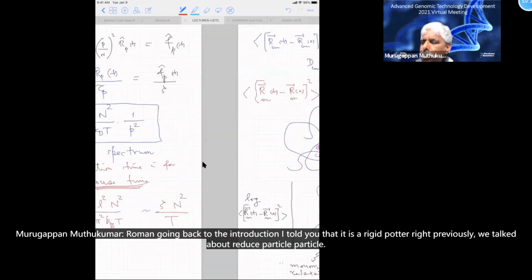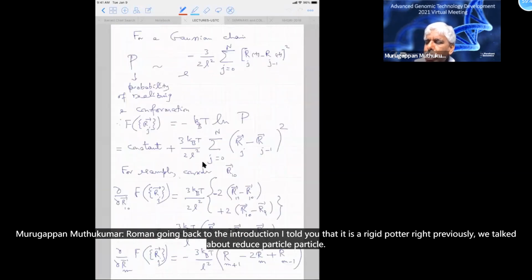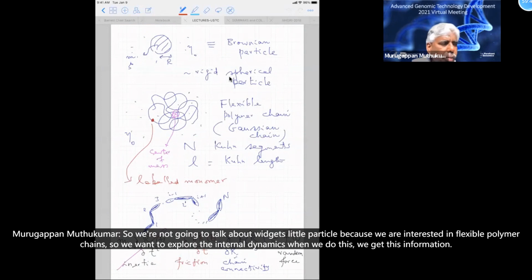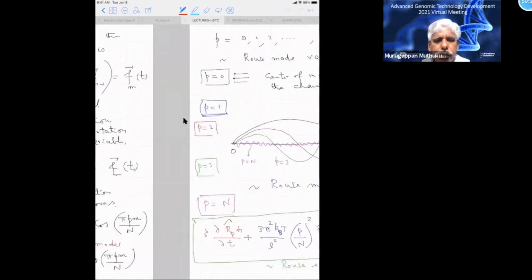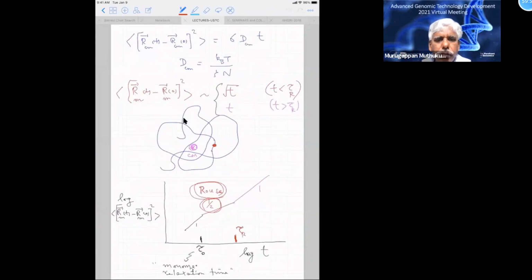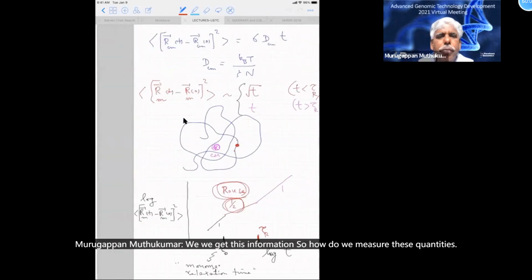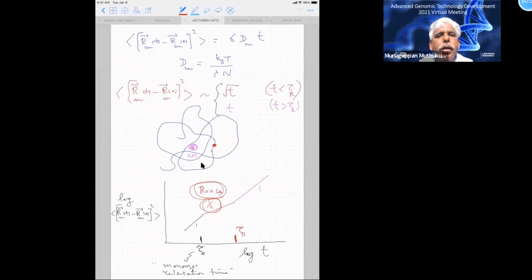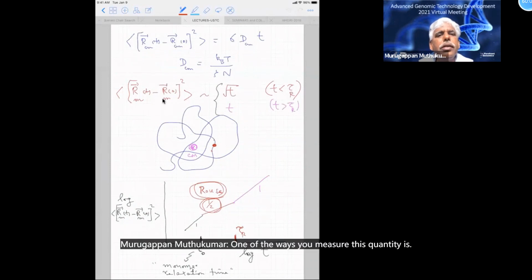Remember, going back to the introduction, I told you that this is a rigid particle, right? Previously, we talked about a rigid spherical particle. We are not going to talk about rigid spherical particles because we are interested in flexible polymer chains. So we want to explore internal dynamics. When we do this, we get this information. So how do we measure these quantities? One of the ways you measure this quantity is